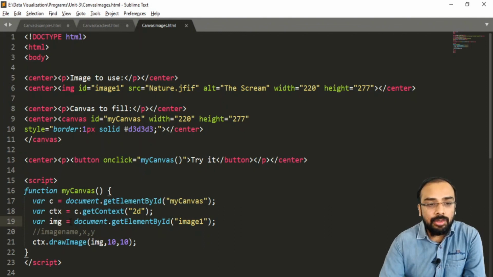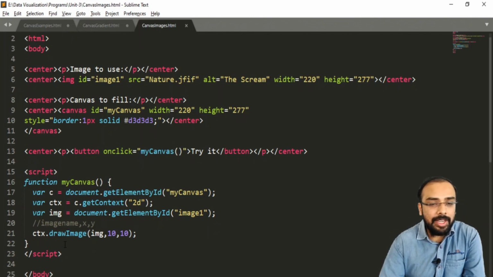Now in order to draw the image inside this canvas tag, we have to use the context object, and to draw the particular image we have to use a method which is named as drawImage, and it takes three parameters. First is actually your image, second is x, and the third is y. Then we have ended our JavaScript code, we have ended our body, and we have ended the HTML.